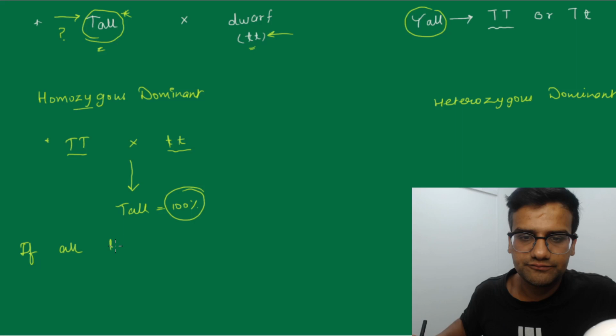But if all the plants are not dominant, then it is said to be heterozygous dominant. Let us say the genotype is capital T small t of this particular